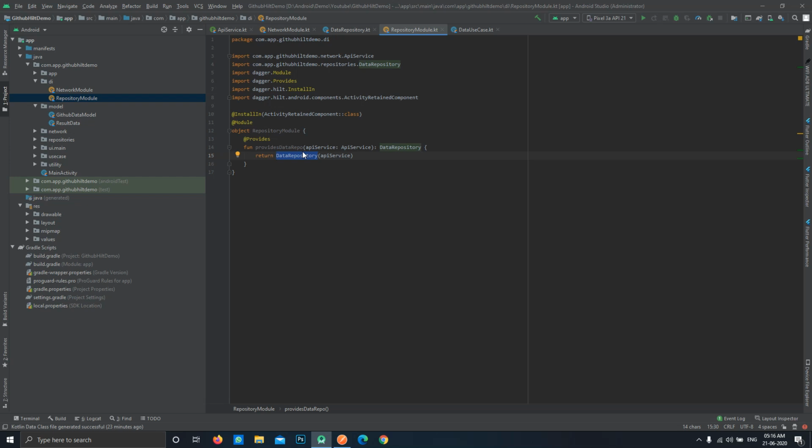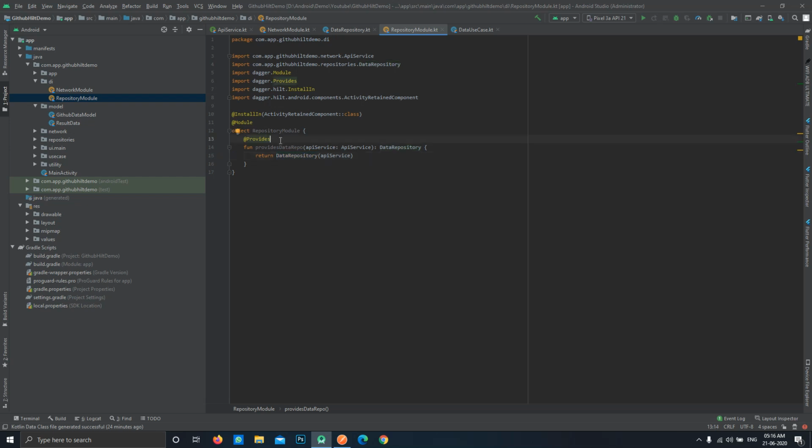All this magic is done by the Hilt library itself, and we don't need to do any manual interaction, like picking up instances from here or creating all the dependencies before that. We need to just define it correctly. So like this.